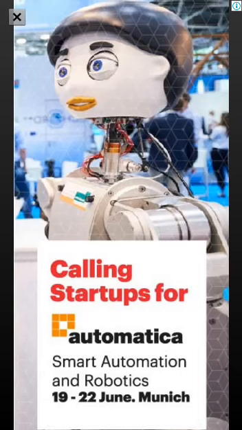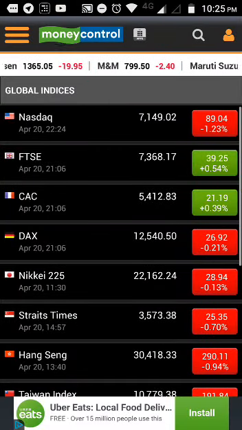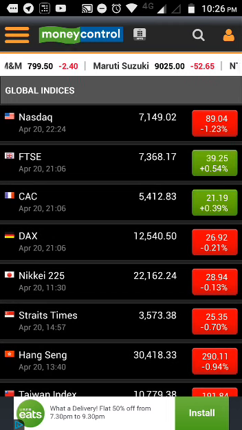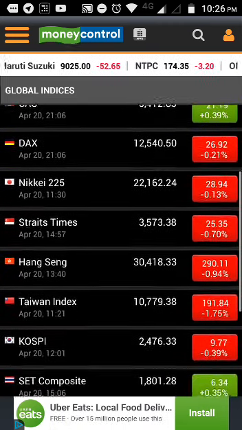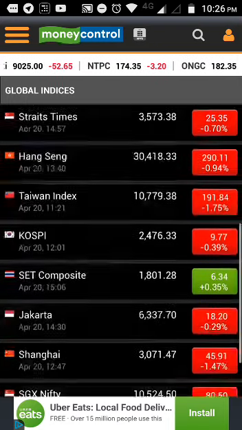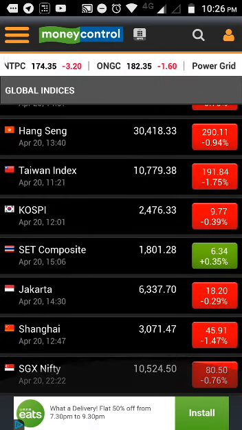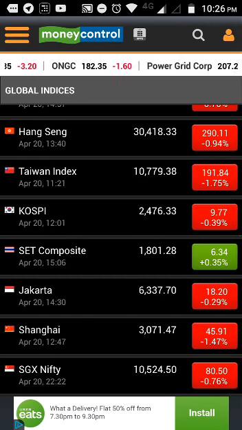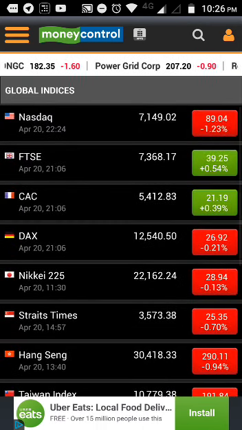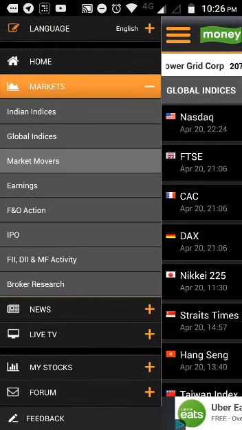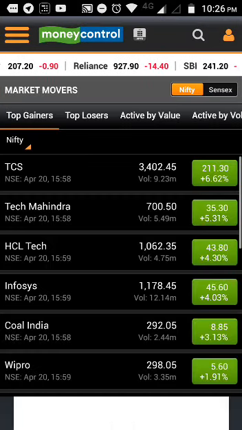And the market movers, if you go through here, you will see that these are the top gainers, or these are the market movers of the current market. So right now the market is not live, but you can see how it performed today. Even in the live market you can actually see this data, and based on that you can take a decision about options, or from the top gainers or top losers. There are a lot of strategies available which you can actually use based on